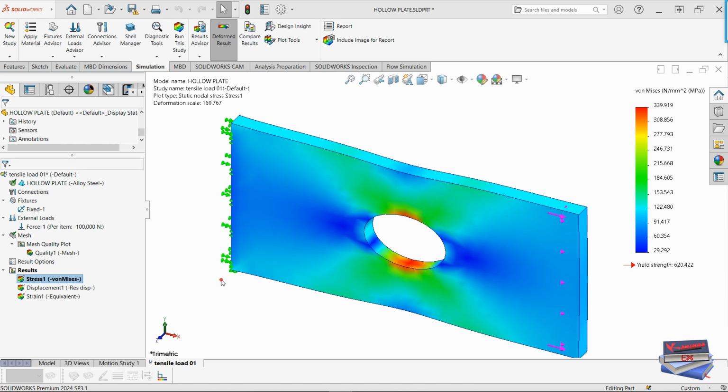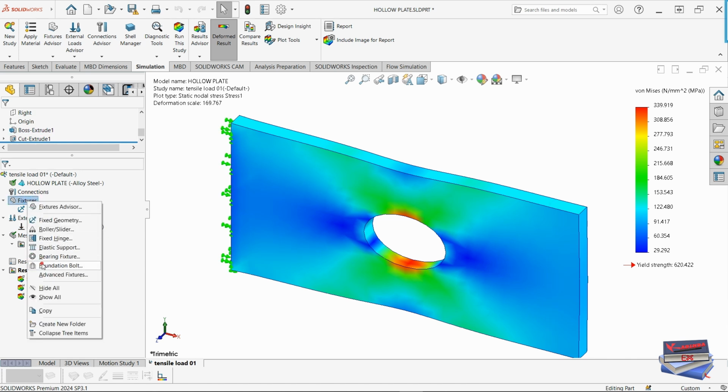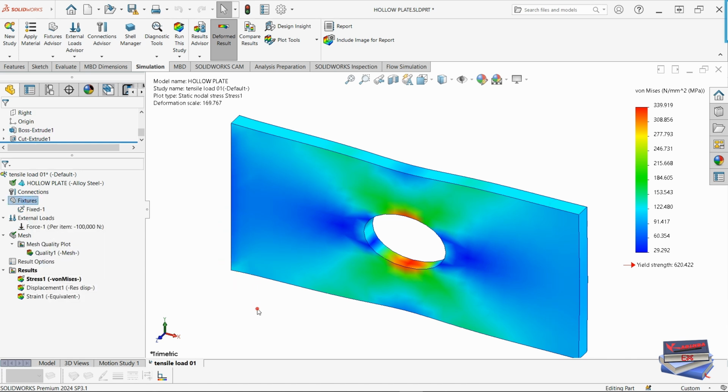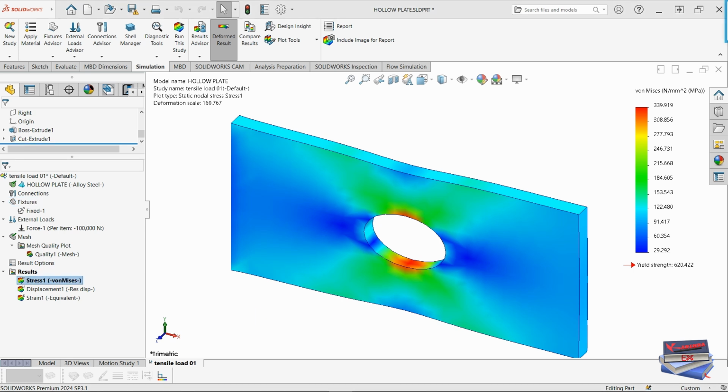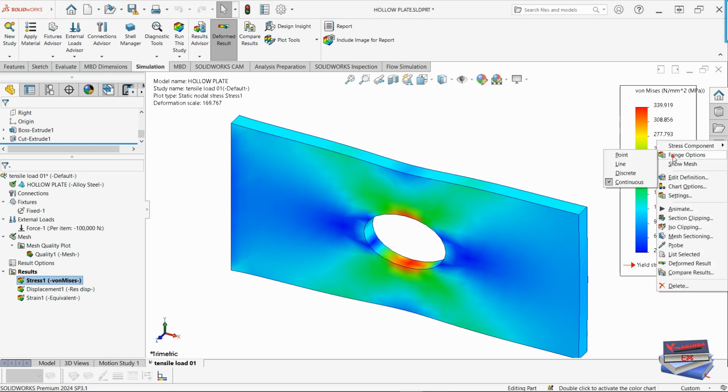Also, if you don't want to see these arrows for the external loads, maybe you can right click here and hide, so you no longer see them here. And if you don't want to see these, you can actually right click on fixtures and hide all as well. Now if we right click on this color bar right here, we go to fringe options,